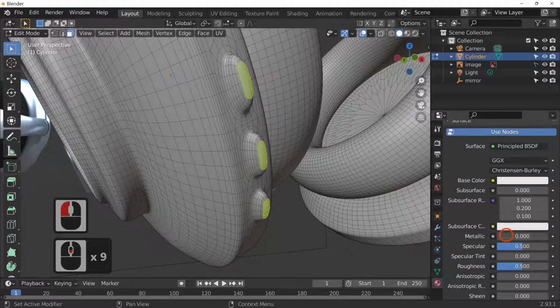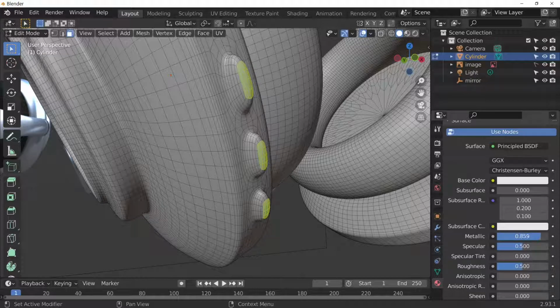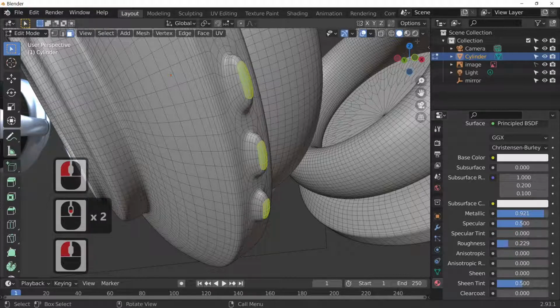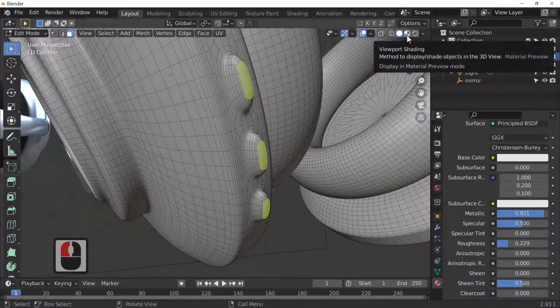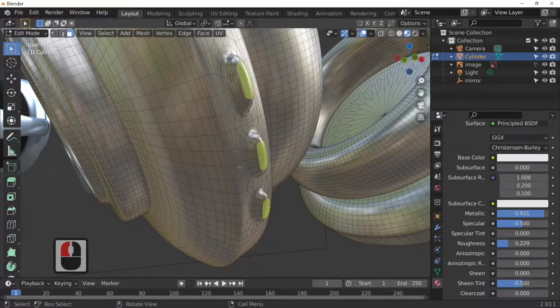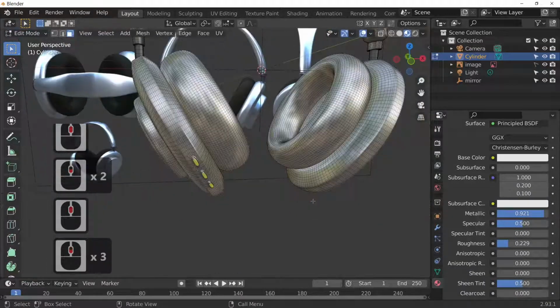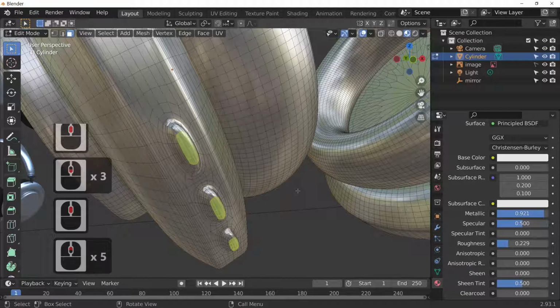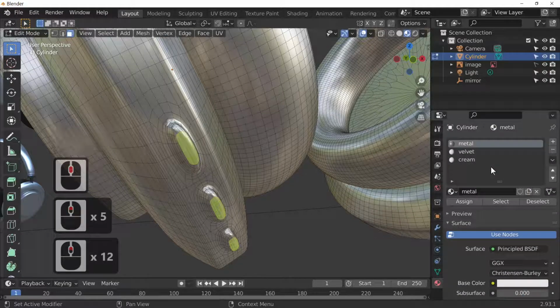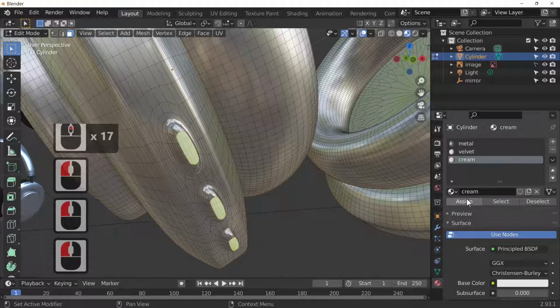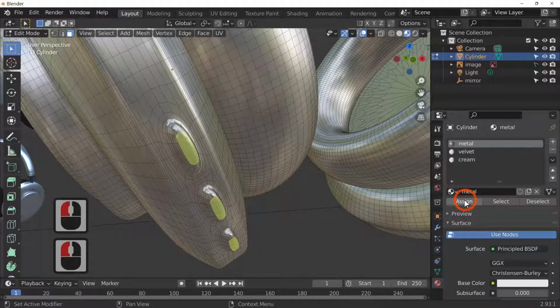So just take your metal up. What you do is that's making it reflective. Take the roughness down. Make sure, of course, that you're on viewport shading, and you can just assign this. So I've made a bit of a mess of that. I've assigned the wrong colour. So what I'm going to do is select the cream and assign the metal to that, and then